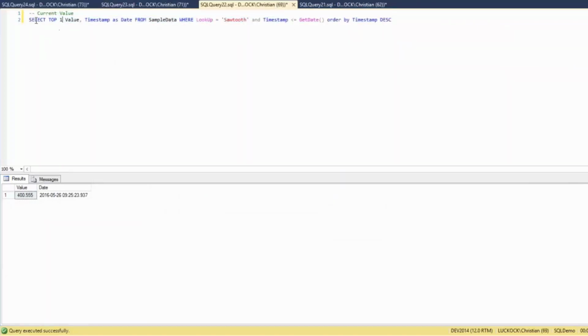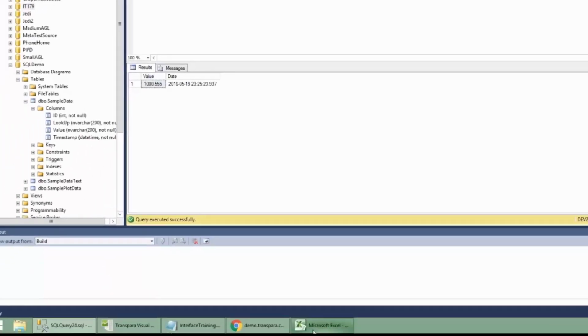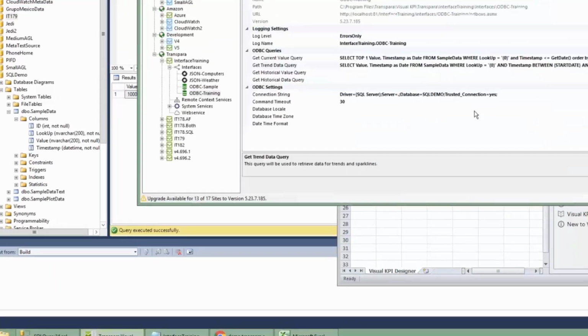The last query we're going to write is our historical value. So if you remember back to our current value, select top one, where timestamp is less than or equal to get date, which is now. It's almost going to be the same query, except instead of timestamp being less than now, we're going to say whatever random date they want it to be, less than or equal to. When I run that, I'm going to get historical data back. I'm going to copy that, simple as this, go back to my tool,